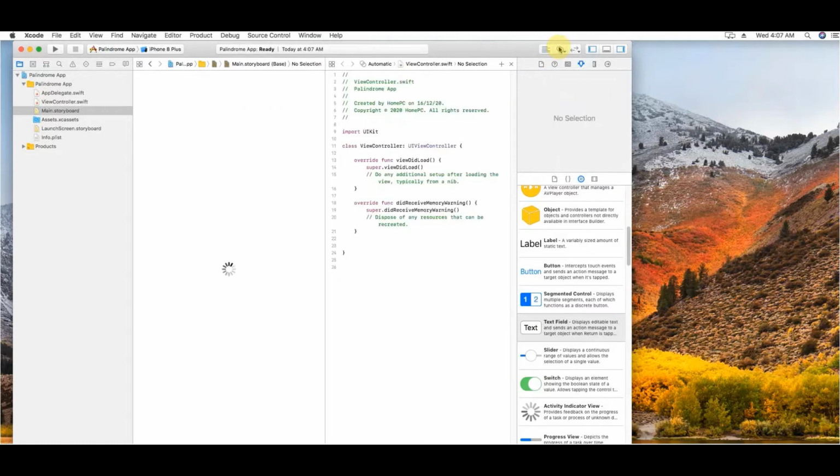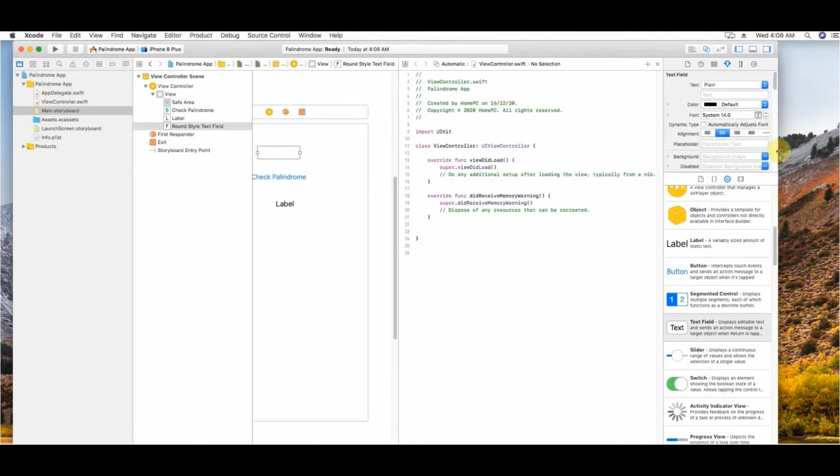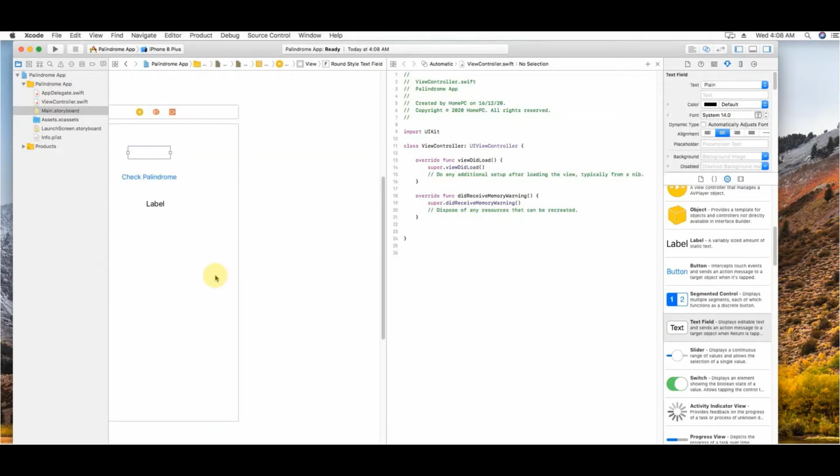Now I'll go to this dual mode where I can visualize the code and my storyboard side by side. First, I'll create the class variables for the widgets which I have just entered. Let me scroll it on the left side.